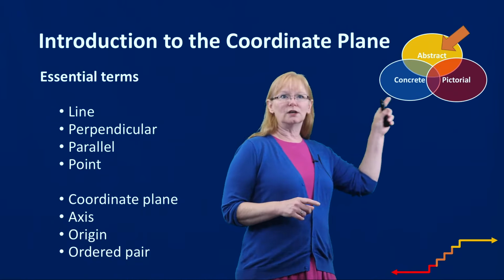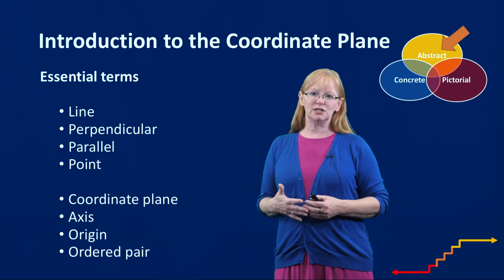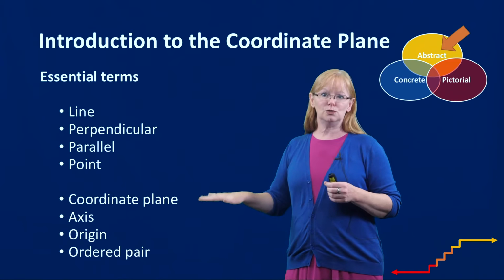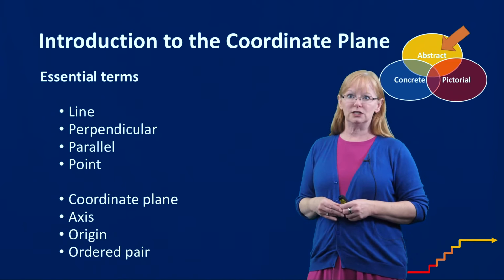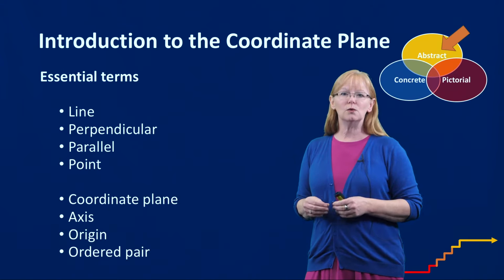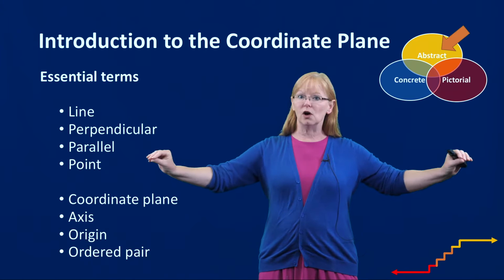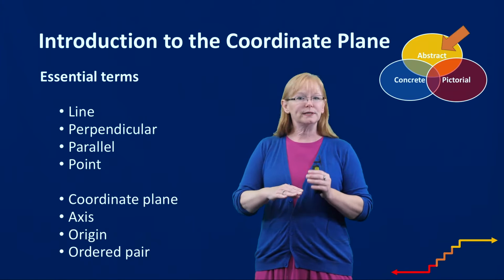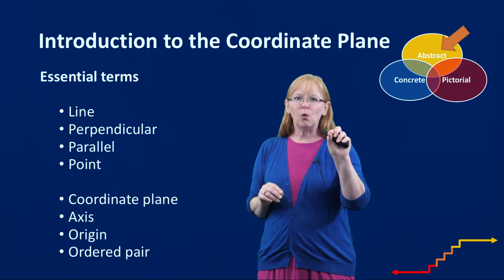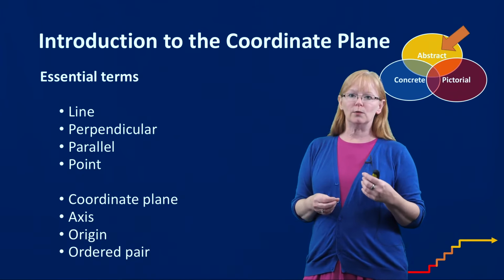So first we want to look at this abstract piece, and we want to remember that there's some essential terminology that kids need to, in some cases, review, and some new terms that are specific to coordinate geometry. Kids with math difficulties are known to really struggle with vocabulary. So you might want to review things like lines. It goes on, it never stops. What does perpendicular mean? And have them show you. What does parallel mean? What is a point? They need to know these terms because you will be using them as you describe what you're doing with the